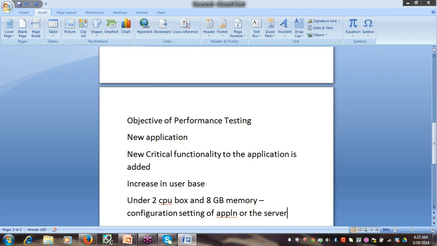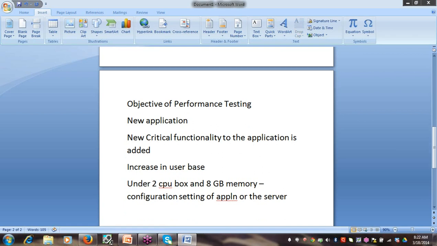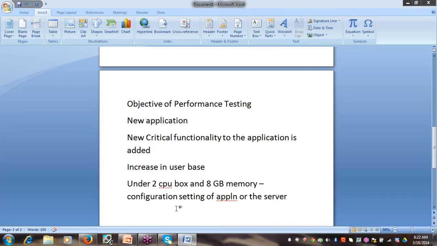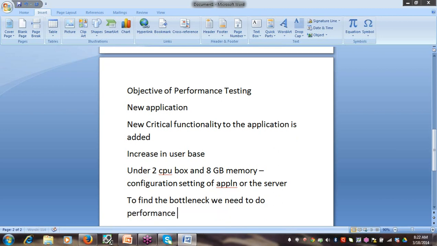Okay. Now, suppose the application has a lot of bugs, or you can say bottlenecks. To find the bottleneck, we need to do performance testing. Okay. So these are some of the objectives.